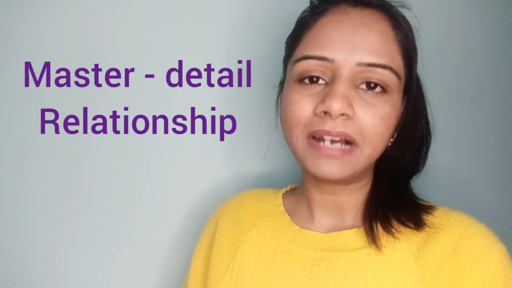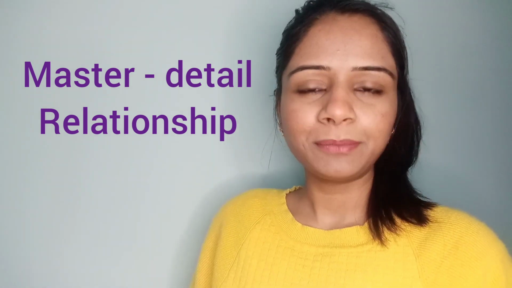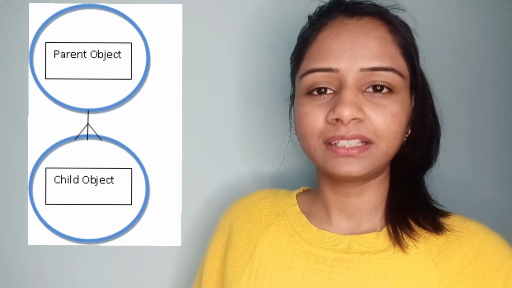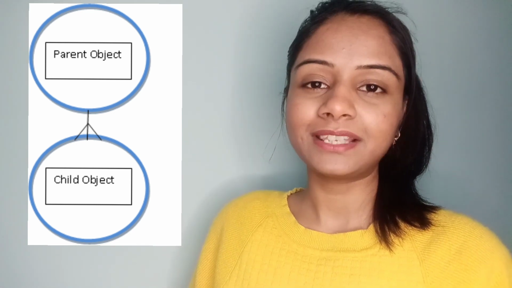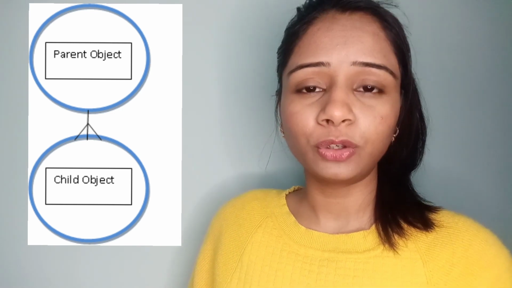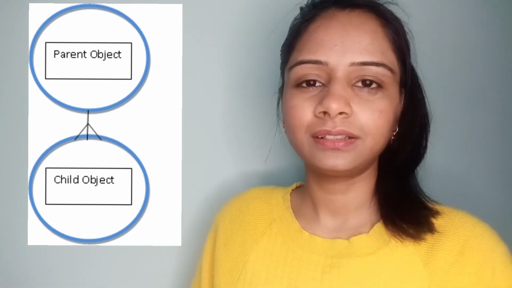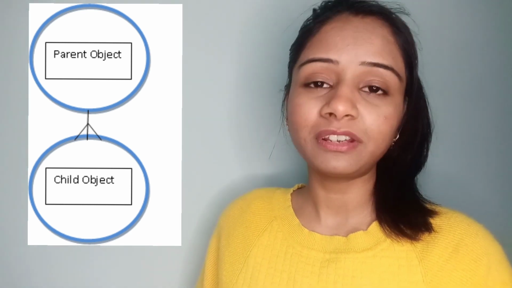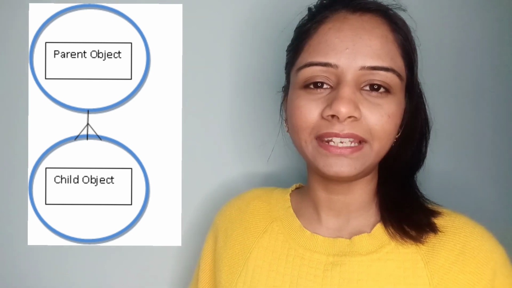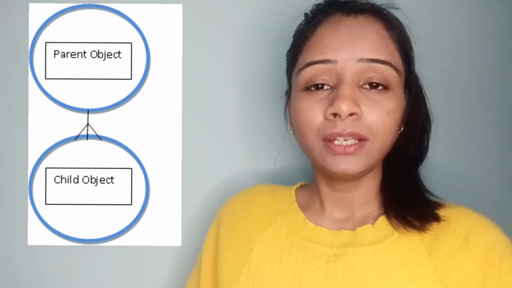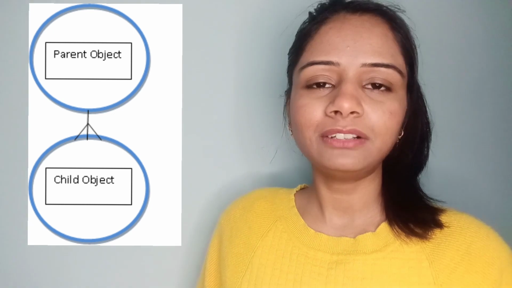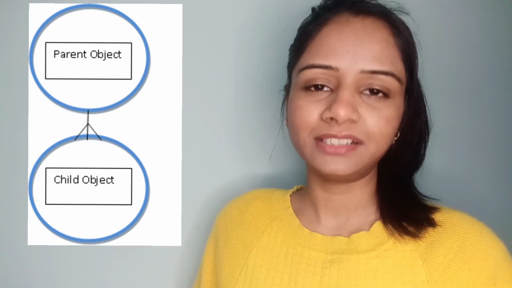Now, number 1, master detail relationship. As the name suggests, in this type of relationship, one object acts as a master object and the other acts as the detail object. This type of relationship is also known as parent and child relationship. We use this type of relationship when we want to bind our two objects tightly and closely dependent on each other. This relationship is used when we want to control the display of detail records, or can say child record, based on the value of the master record. Now let's see how we can create the master detail relationship.